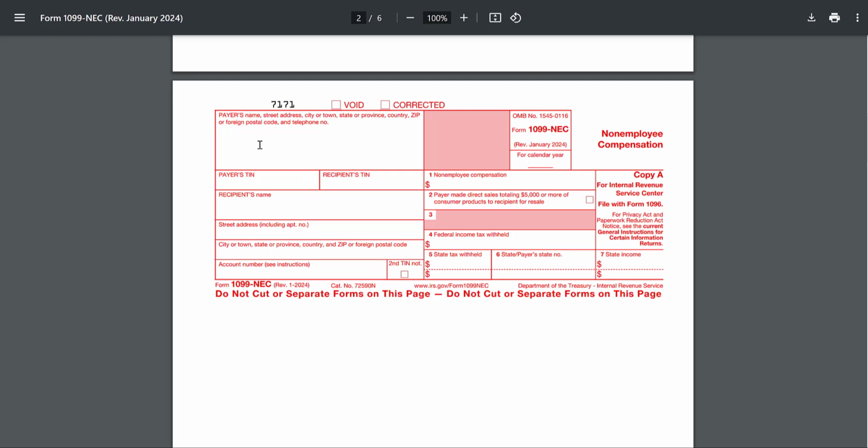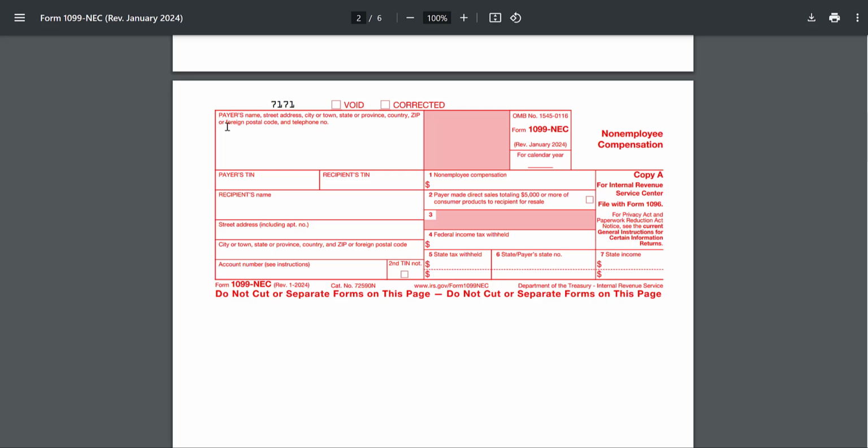Once you have the information, as long as they are not exempt from receiving a 1099 because they are a corporation, and remember, not all corporations are exempt. Attorneys, for example, can be taxed as a corporation and still be subject to 1099 NEC, okay? Once you determine that they're not exempt because they're a corporation or because the payments are subject to 1099-K reporting,